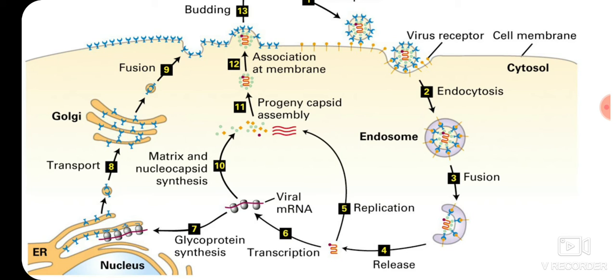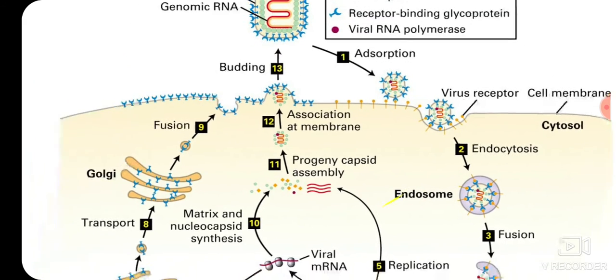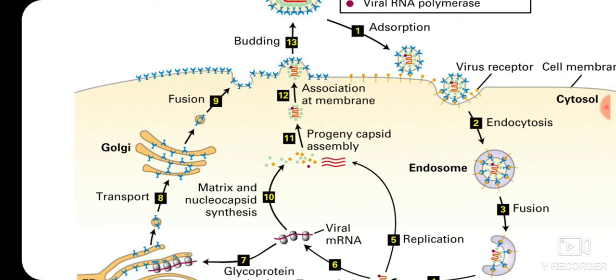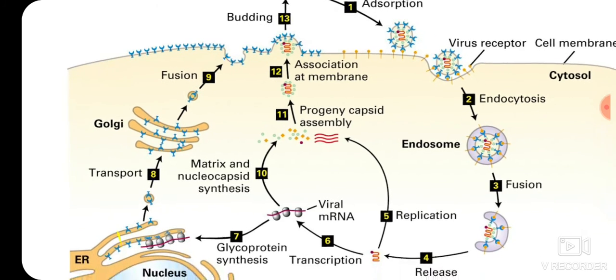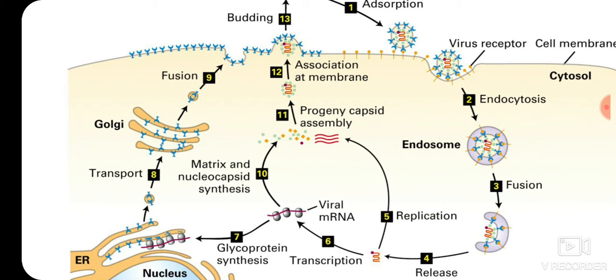Once it gets in and fuses with the endosomal membrane, it releases the viral protein with the RNA, which further undergoes transcription, giving mRNA, which gets converted to proteins on the endoplasmic reticulum. That RNA also undergoes replication and gives a number of copies of its own, and also codes for a variety of proteins. All these proteins, as well as proteins from the matrix and from the endoplasmic reticulum, can combine together,